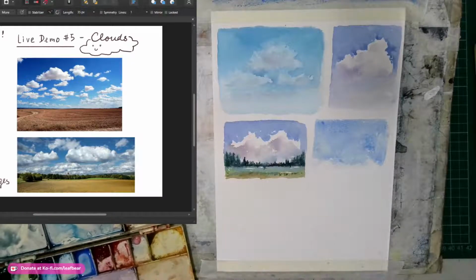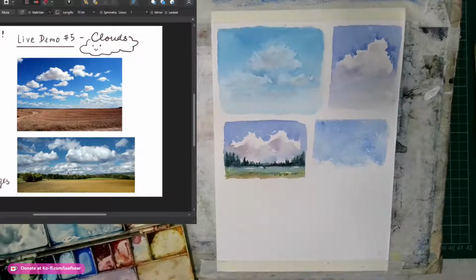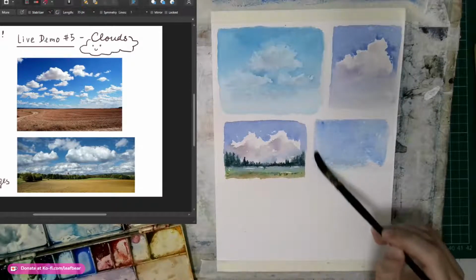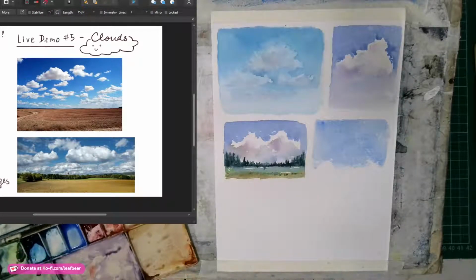Oh, actually I should try to show you a really simple way to do the sky as well. I'll do it next. Anyway, so let's get this